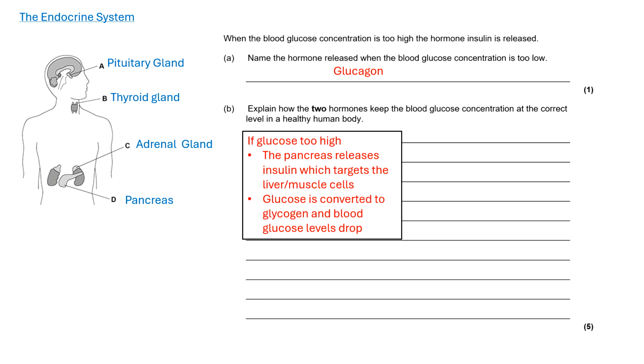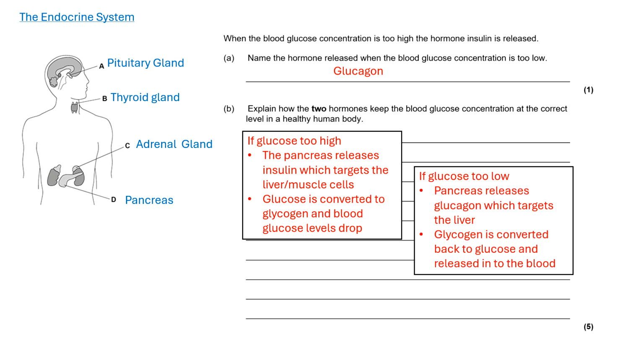Firstly, if glucose levels are too high, then you need to name the pancreas, which releases insulin, and it targets the liver and the muscle cells. You must explain what the target organ then does. In this case, the target organ is the liver, and it converts glucose to glycogen, and therefore the blood levels